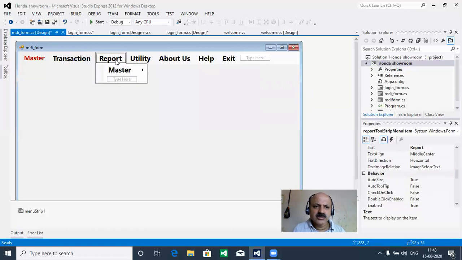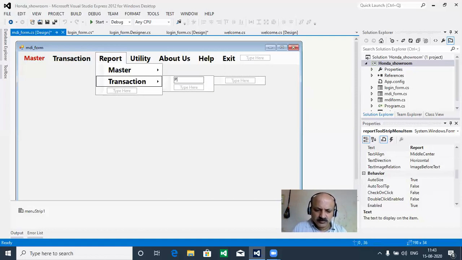So that is our master, and in the same way you can take here transaction. If you use the master and transaction words in the report, you can separate them, otherwise all in one place. That is also a possibility. Okay, and here we can say purchase detail and report.